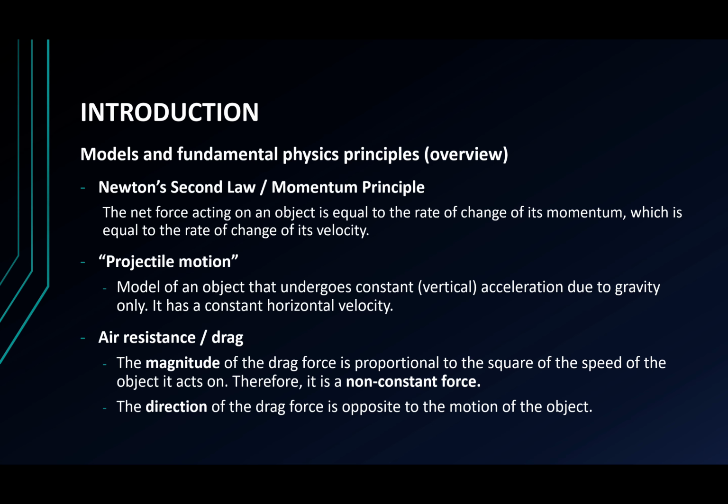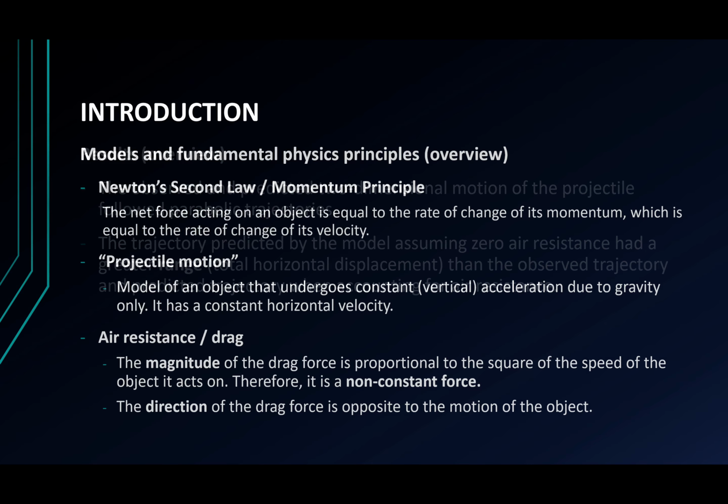that the net force on an object is equal to the rate of change of its momentum. Secondly, a projectile is an object that undergoes constant vertical acceleration due to gravity only. It has a constant horizontal velocity. Finally, air resistance, or the drag force, opposes the motion of an object. The magnitude of the drag force is proportional to the square of the speed of the object, and so it